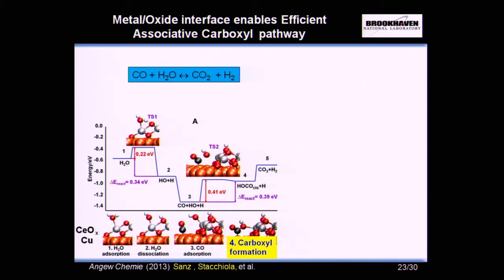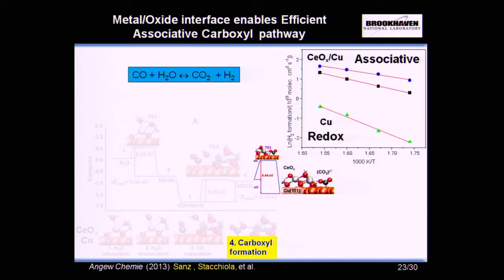This can very easily dissociate back or go all the way to the products. And when it goes to the products, it can actually, under certain circumstances, be stabilized as a carbon dioxide molecule right at the interface. And this is what we actually find experimentally. So by combining these in situ experiments with theoretical calculations, we were able to demonstrate for the water gas shift reaction